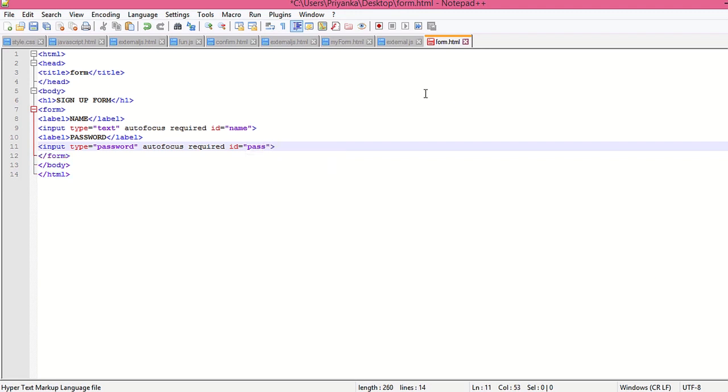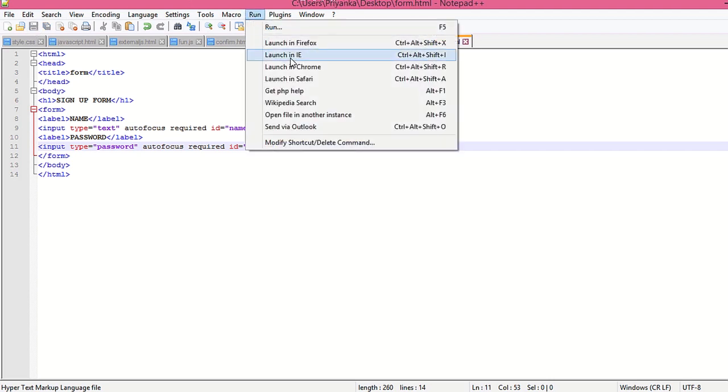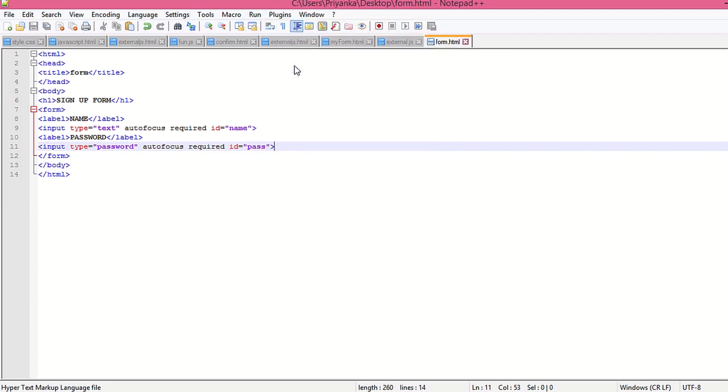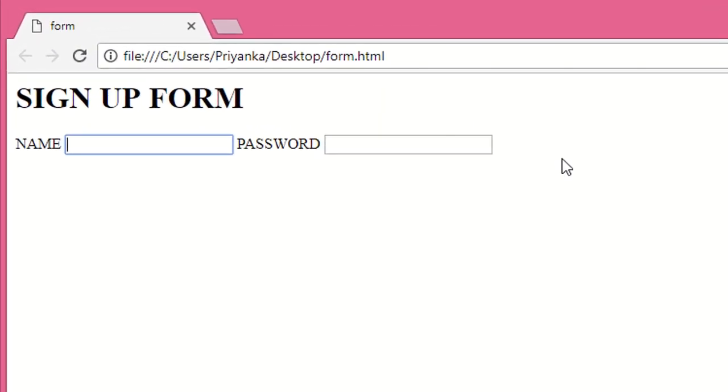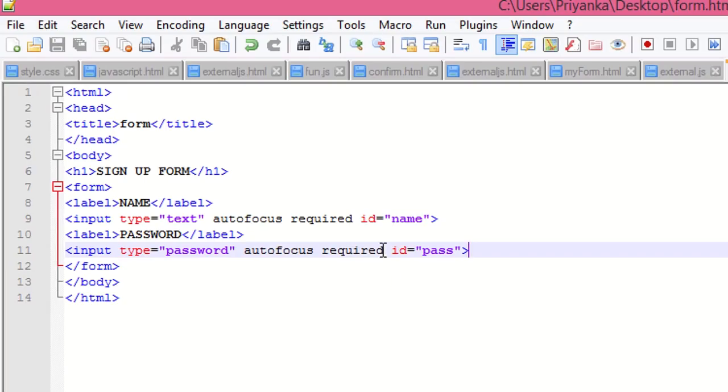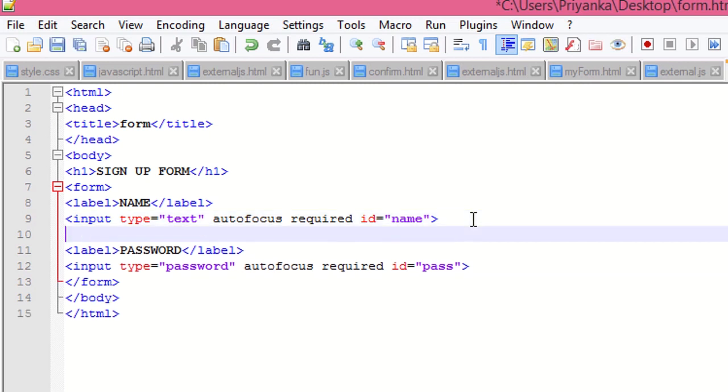Now let us save this and run it. So as you can see, this is my sign up form with a name and a password slot. Now in order to arrange this password below that name label, let us write here after the input type